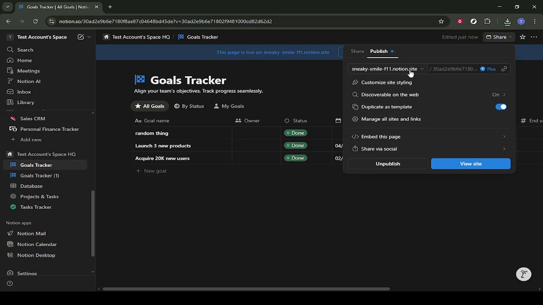At this point, your page is available on the web, but it's not yet set up as a proper template other people can duplicate with one click. To turn it into a template, look for an option on the published page that says Duplicate as Template. Click on that. This tells Notion that visitors should be able to take a copy of the page into their own workspace. When someone opens your published link, they'll see a duplicate button they can use to instantly copy your